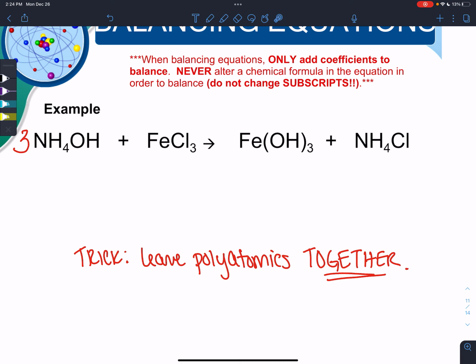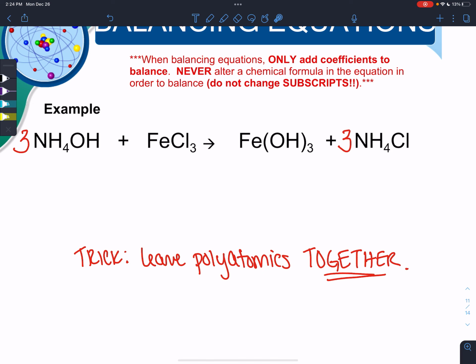Now, I just messed with my ammoniums, but let's come back to that and we'll check it at the end and see if it works itself out. Got 1 iron, 3 chlorines, 1 chlorine, so I need to put a 3 right here, and look, that also fixed my ammonium